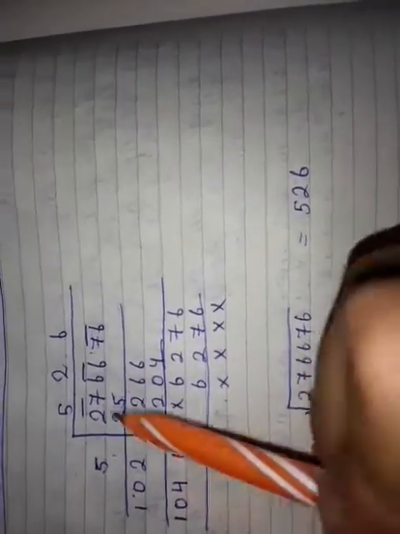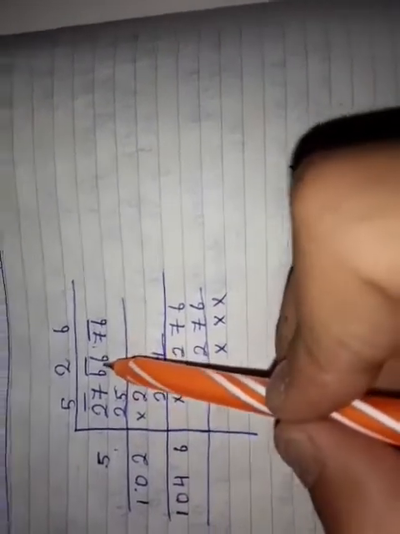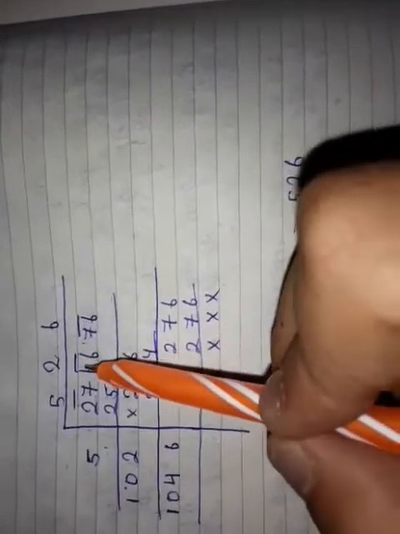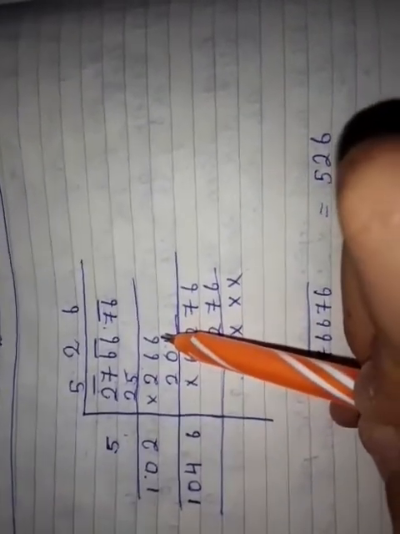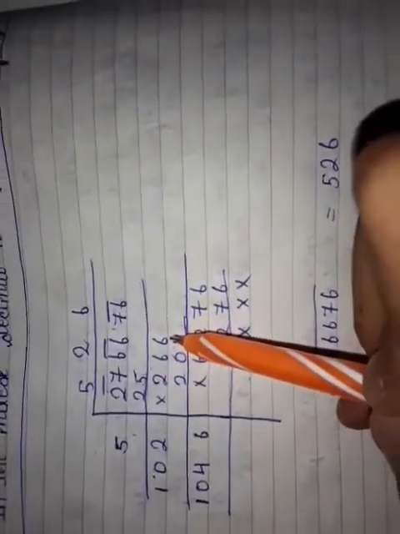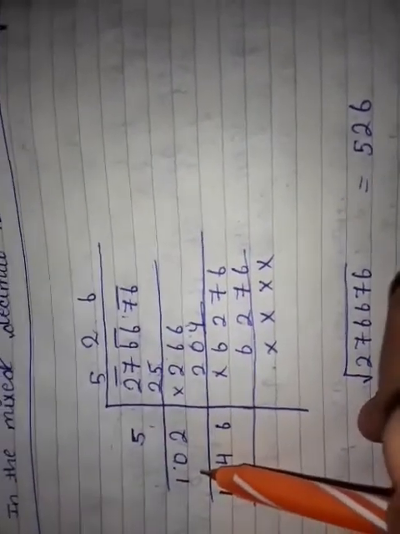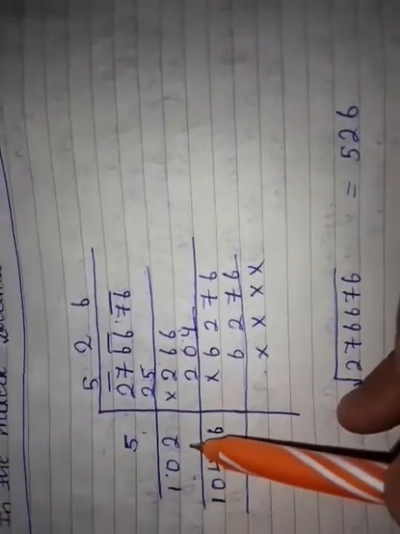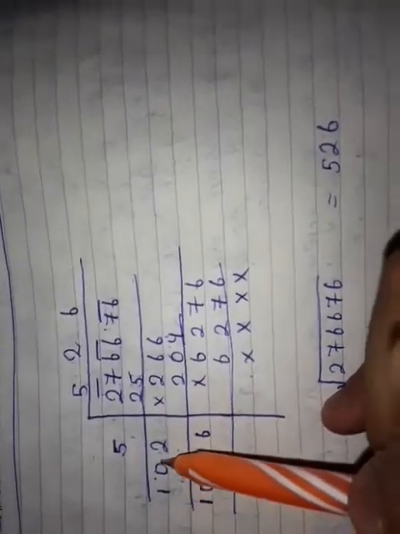Now unlike other divisions, we have to bring down a pair of numbers below. In other types of divisions we would bring only a single number below, but here we have to bring the pairs below. So 66 is a pair, I have brought 66 below. Now as I told you, the next step was to double the quotient and write it as the divisor, right? I have doubled the quotient. Double of 5 is 10, I have written here,